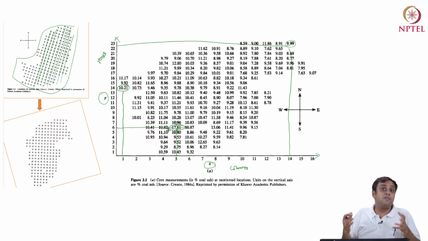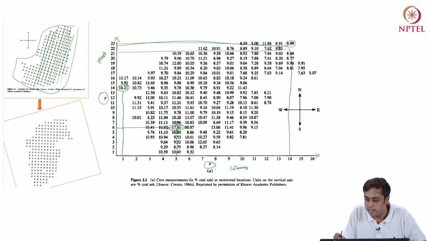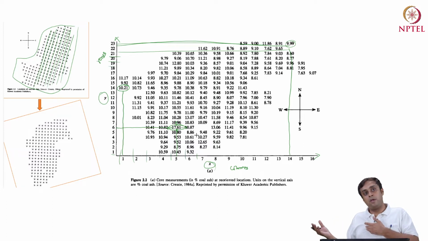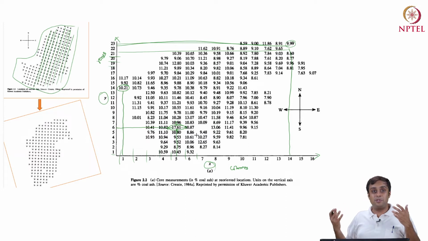Another thing one can do is to have a sample mean. So if I were given non-spatial data, I will simply take all these values, sum them up, and divide by the total number of observations. I'll get a sample mean. Here you can get a mean which is row by row. You can get a mean for row 23, for row 21, for row 20, all the way till row 1. And you can get a separate mean for column 1, for column 2, column 3, column 4, column 5, column 6, and so on and so forth. So now you are getting these mean values in the east-west direction and north-south direction, which are different, right?